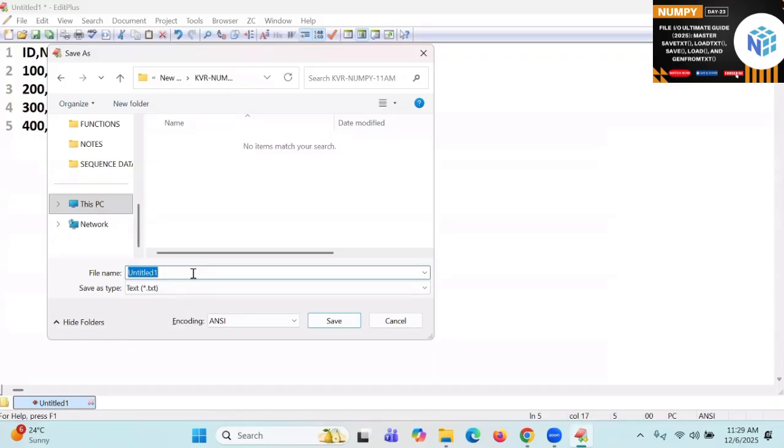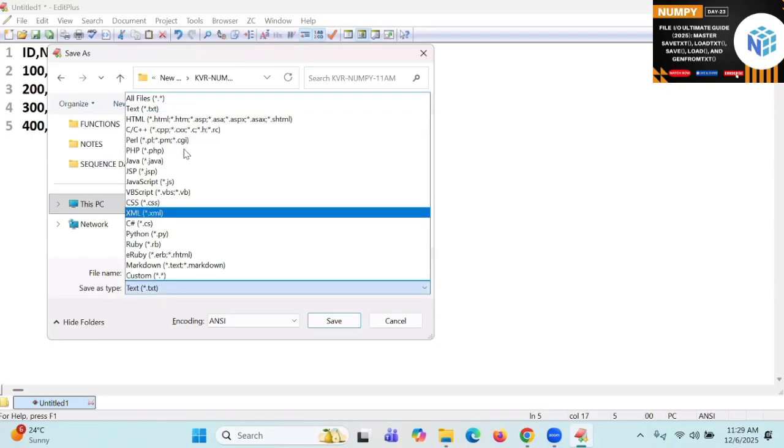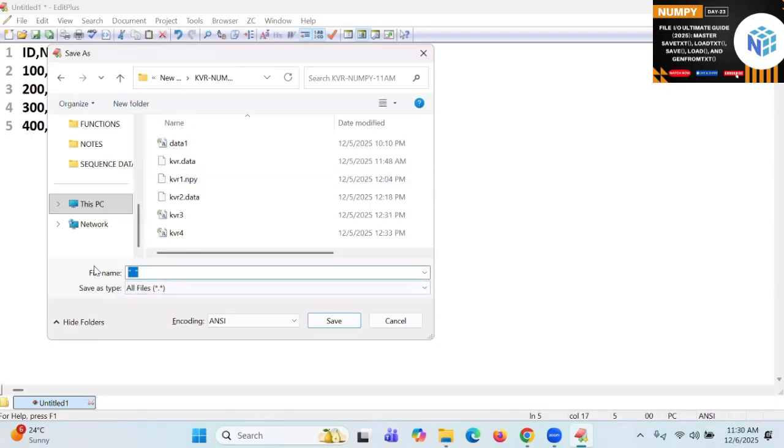If you want to save your CSV file with .txt, it must be within double quotes. Or you can select All files, and that time you need not use double quotes.